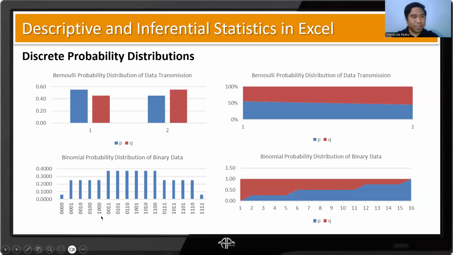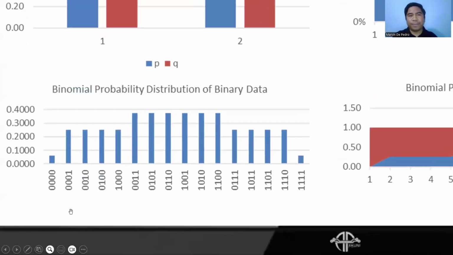This one is more than 5, I think. 2, 4, 6. It's a lot. So this has been done several times, and I think 4 times. So for example, let's represent heads as 0 and tails as 1. Here, what's the probability that we get all tails, meaning we don't get any heads? So this is the probability.